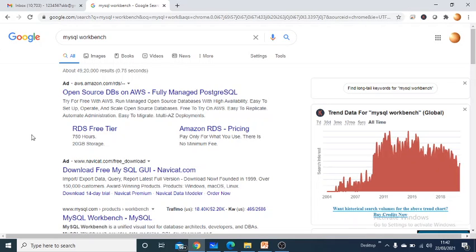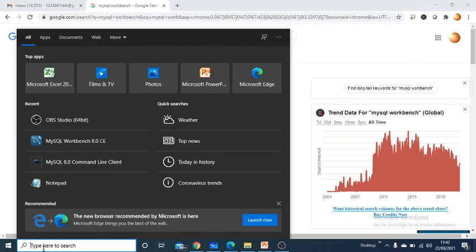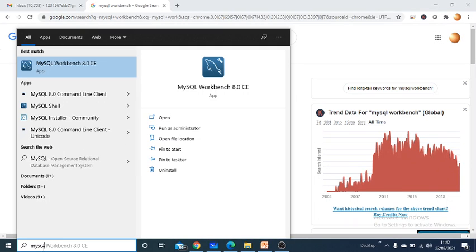Alright guys, so now let's try to understand how MySQL Workbench works. To do that, in the Windows search prompt we have to write MySQL, and as soon as you write MySQL, you will see different options pop up. In the last tutorial we saw how the MySQL command line can be used to run various SQL commands, right? Now in this one we are going to understand how MySQL Workbench is used. So we just have to select MySQL Workbench and click it.